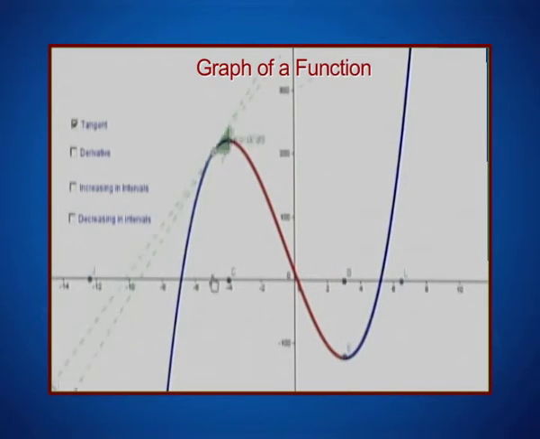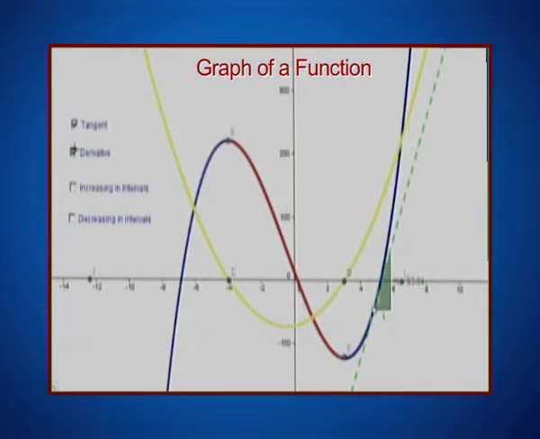Can you make an observation on what is happening to the value of the slope? When the point is on the blue part of the curve, the slope is positive. As I come down, the tangent starts rolling down the red part, and the slope takes a value which is now negative. Let us see if it changes its behavior again. As I go up this blue curve, it again becomes a positive quantity. Further, if I mark the derivative of this function